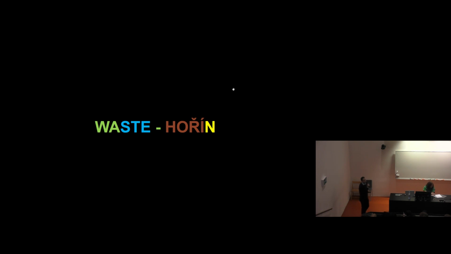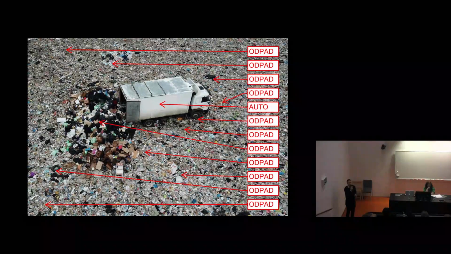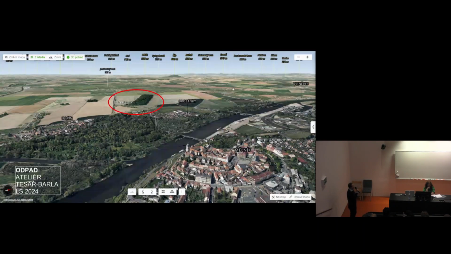Waste Hořín. Hořín is the place where we're going to design your proposals. So the aim is to find what to do with the waste, because everybody knows we have a lot of waste around us. So that's the aim. And first of all, I would like to introduce the place, which is called Hořín. Actually, it's going to be one condition if you would like to apply to our studio to pronounce it correctly. Same with my name.